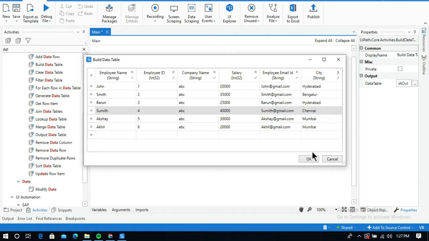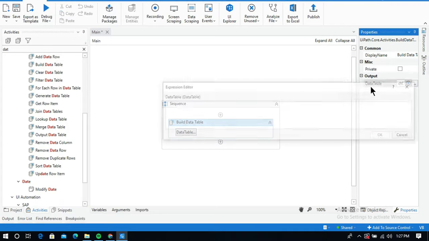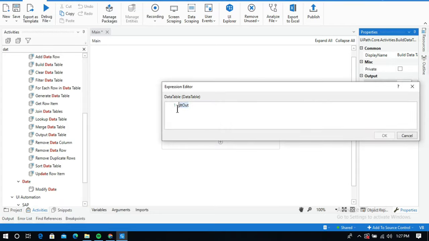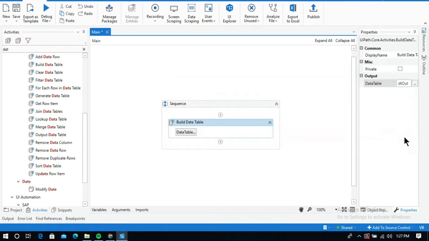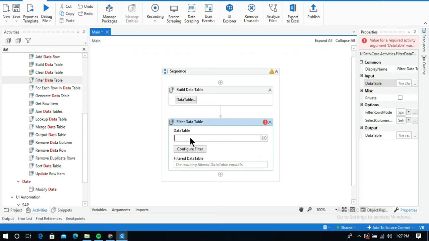Let me click OK and click on this Build Data Table activity, and here I have created an output data table and named it dt out. Now I am going to use the Filter Data Table activity under this, and I need to provide the input data table, which is the output of the Build Data Table activity.